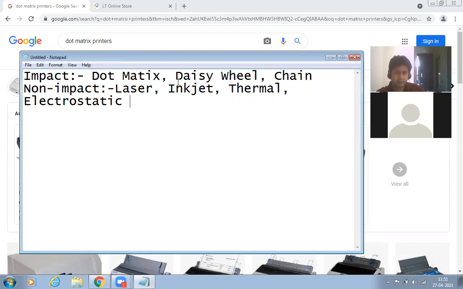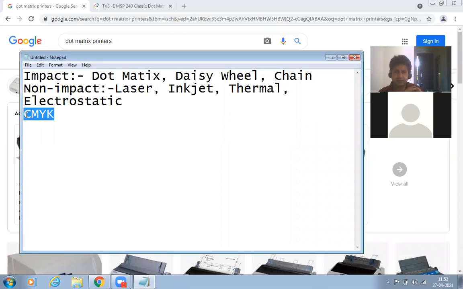In the case of your inkjet printer, there are liquid ink bottles of three colors, that is RGB. Here are the four bottles, CMYK. One bottle is of cyan, another bottle is of magenta, then yellow, and one bottle of black. These bottles are inside your inkjet printer. Then there is a color combination with the help of the head, and then it is sprayed on the paper, and with the help of heat the ink is dried.